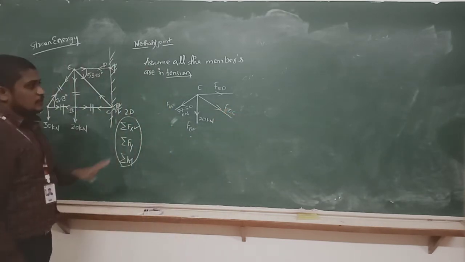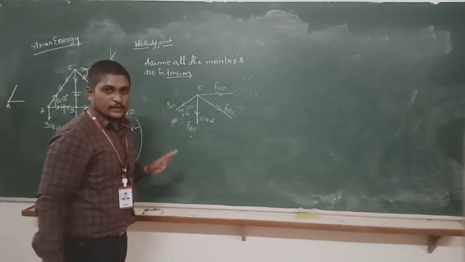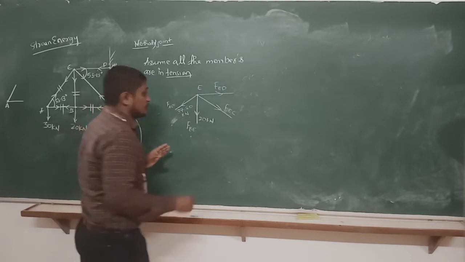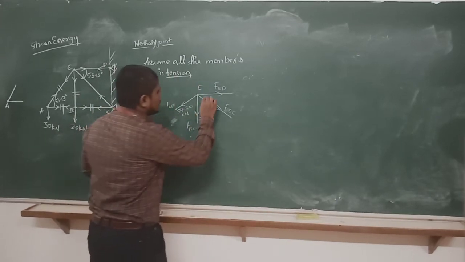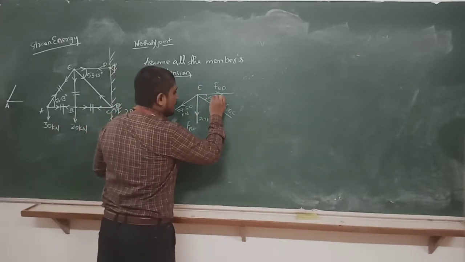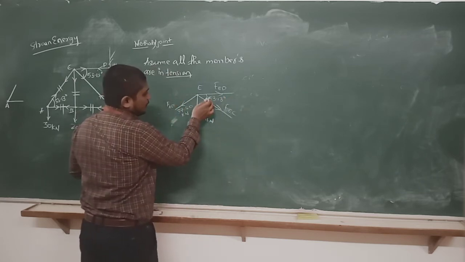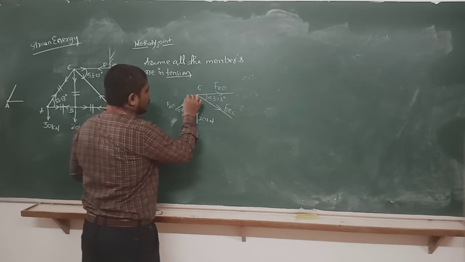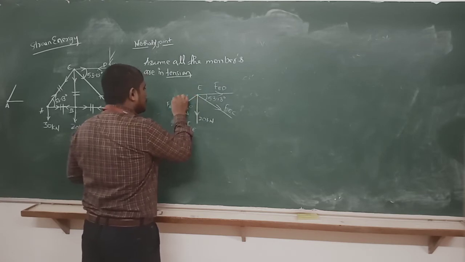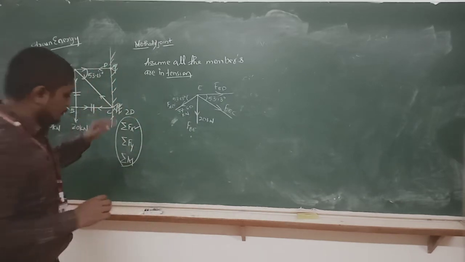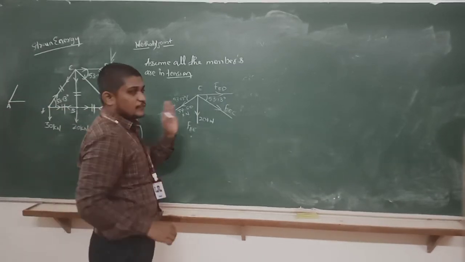FEC: two unknowns are there, two known values are there. More than two unknowns means it will become difficult because we have only three equations. Now this theta we have already calculated as 53.13 in the previous video. If this is 53.13, obviously with respect to horizontal, this will also become 53.13. Our diagram is ready. Let us go with our equations of equilibrium.